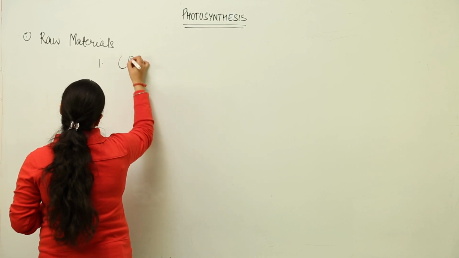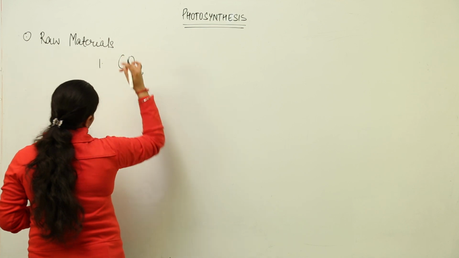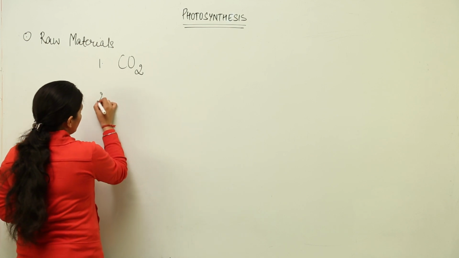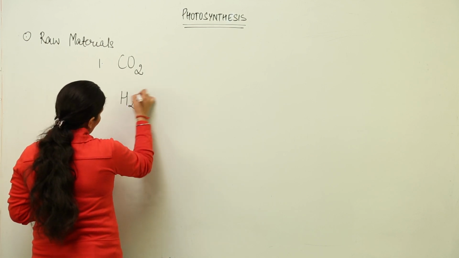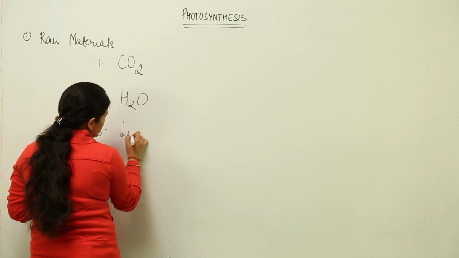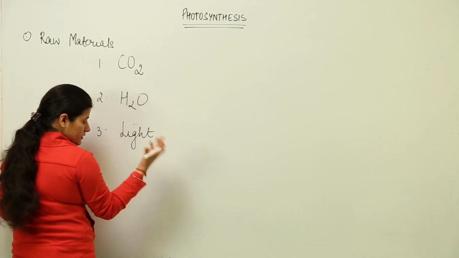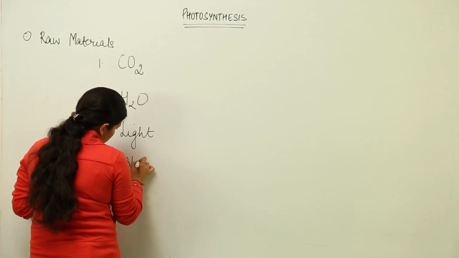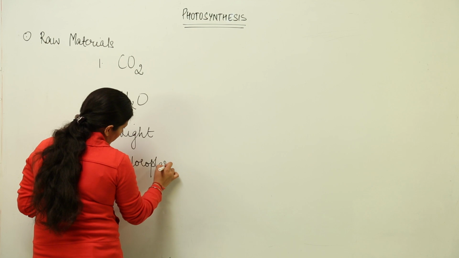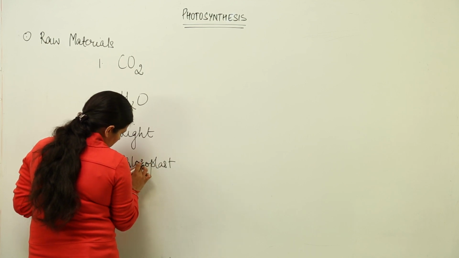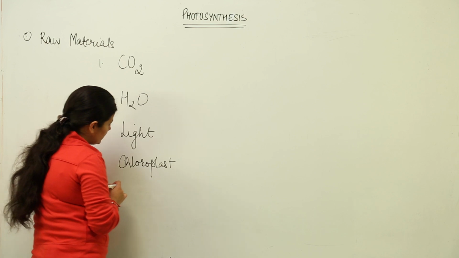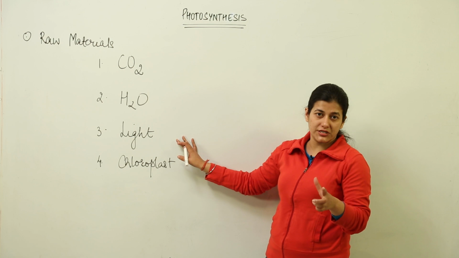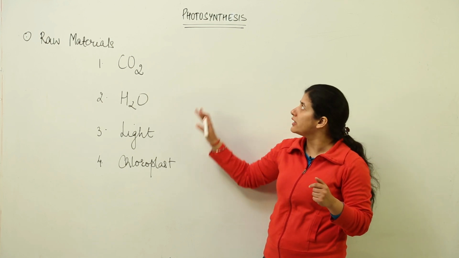First one is of course carbon dioxide that would get reduced to form the glucose molecule. Second one is water. Third one is sunlight, and fourth one is the chloroplast. This chloroplast is a cellular organelle, that is, plastids which are exclusively found in the plants. So these are the four raw materials which are going to be required when photosynthesis has to take place,